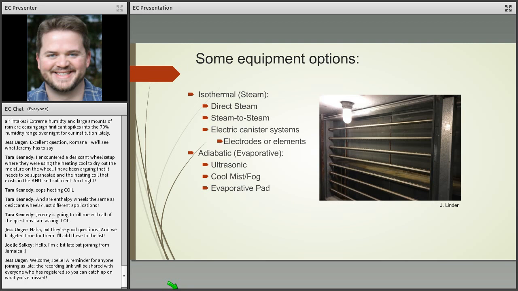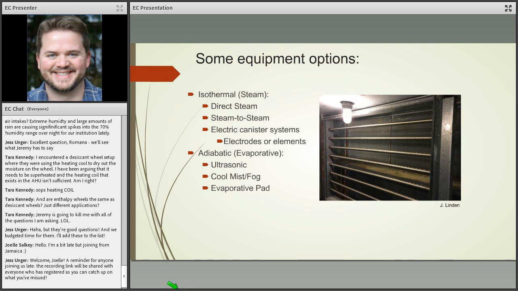But the idea behind it is that you don't actually have to generate steam, which has that heat component, in order to achieve the humidification. So you can do humidification via ultrasonic. In other words, you can encourage agitation, or you can look at ways of improving evaporation of moisture into the